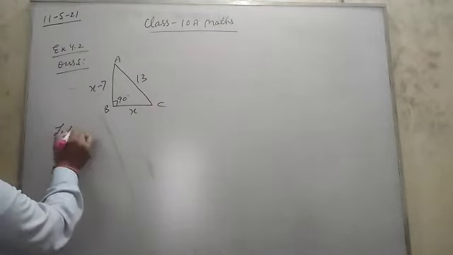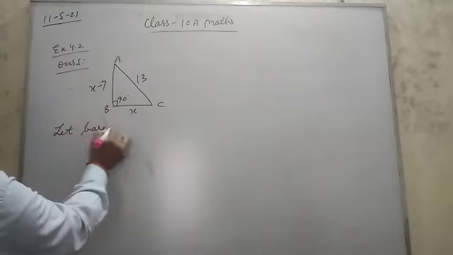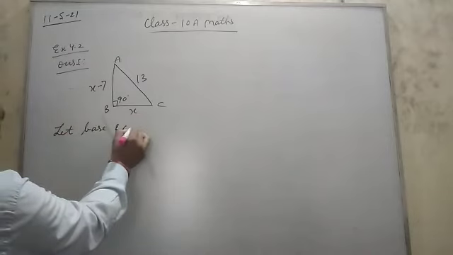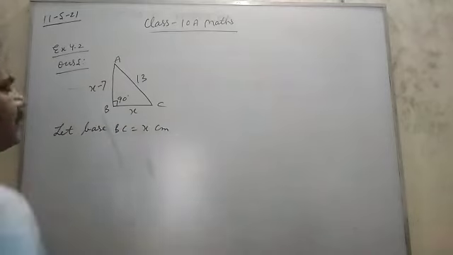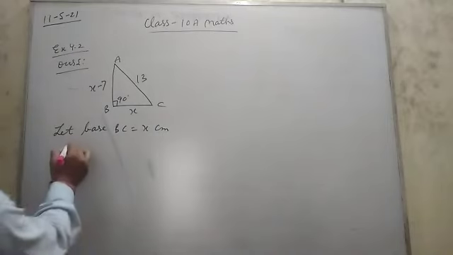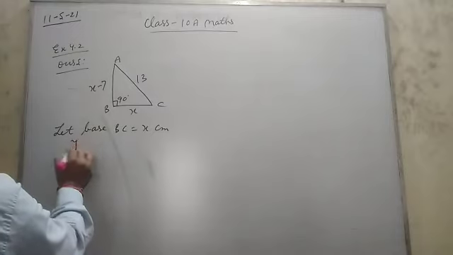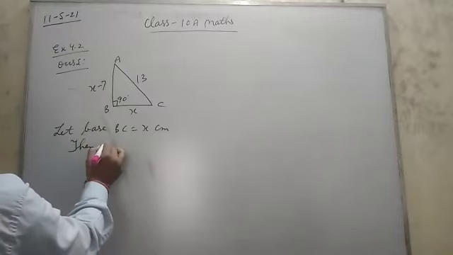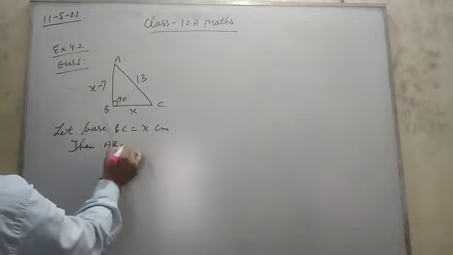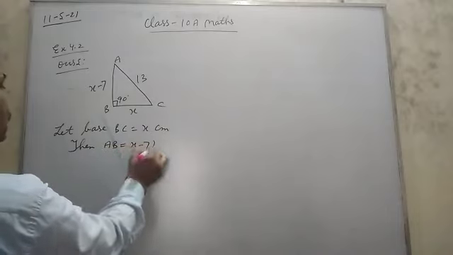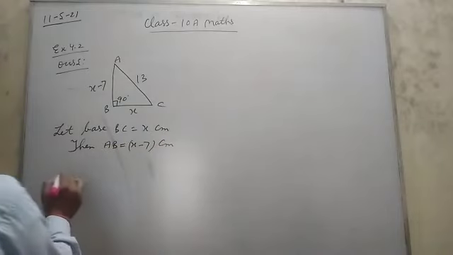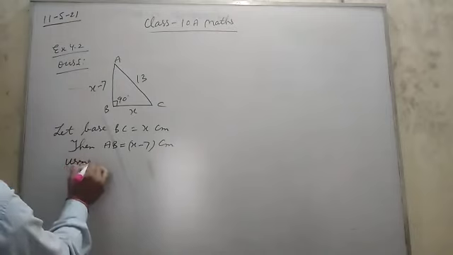So let base BC be equal to x centimeter. Then AB is equal to x minus 7 centimeter. So using Pythagoras theorem,